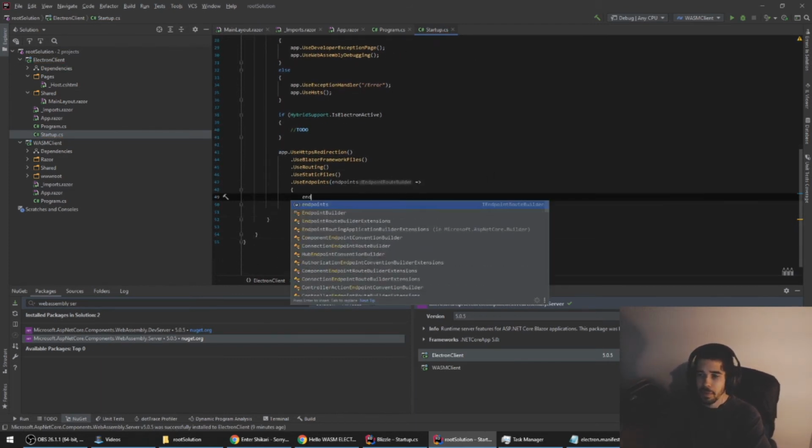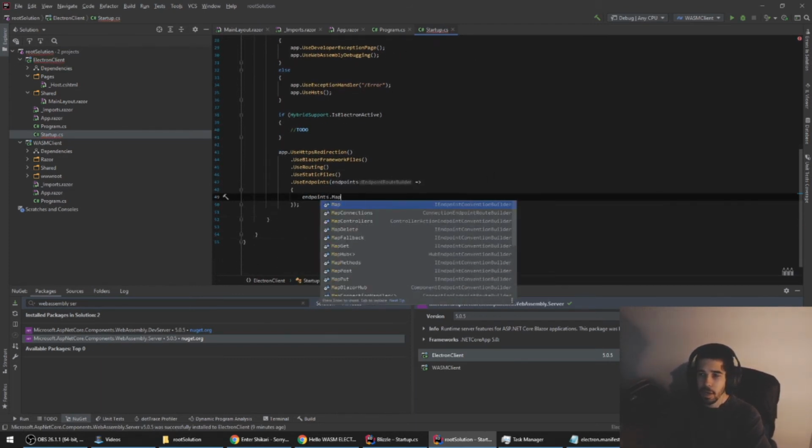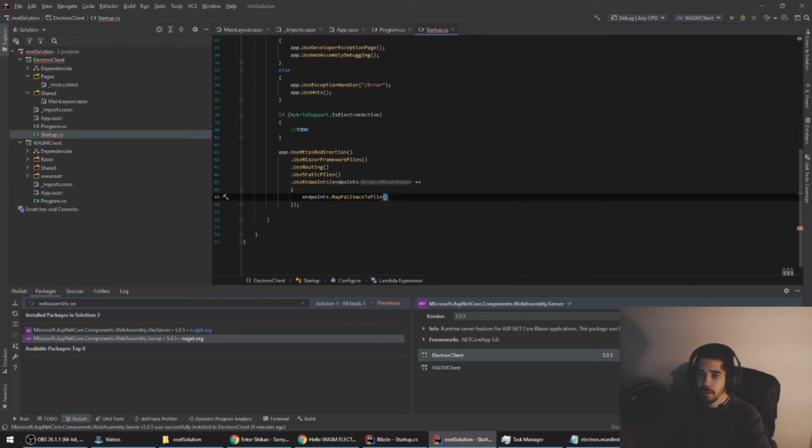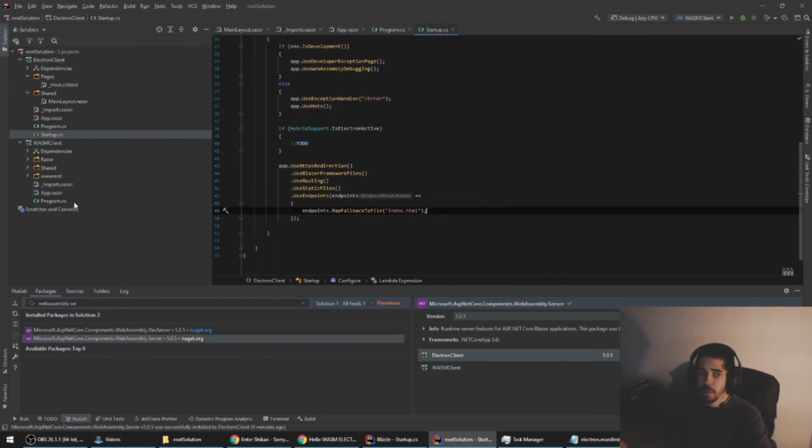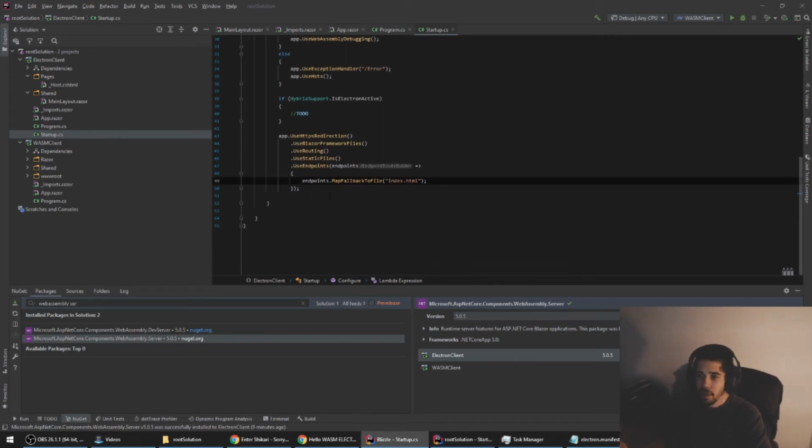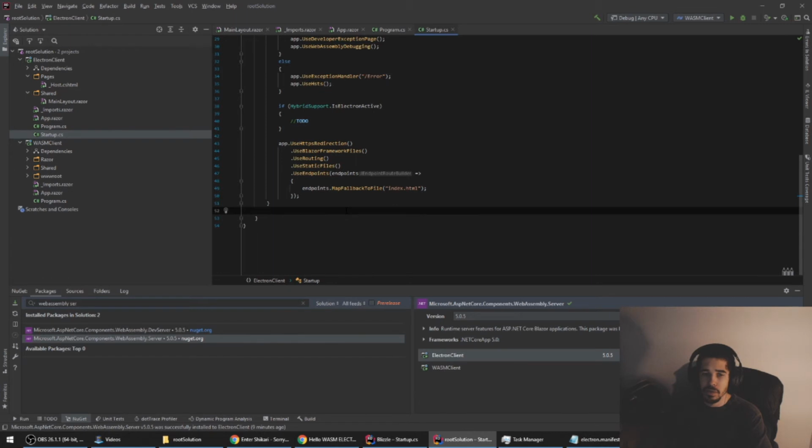Okay, and then we just do endpoints.MapFallbackToFile index.html, so it always defaults to index.html no matter what. In fact, it's not even defaulting, it's just going to force you to go to index every single time, I think. All right, so now that we have that, we can go in here and do